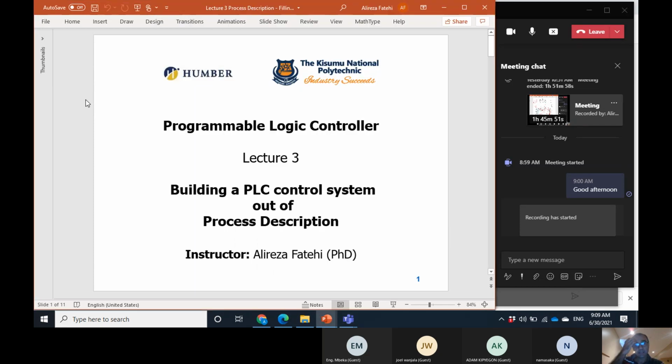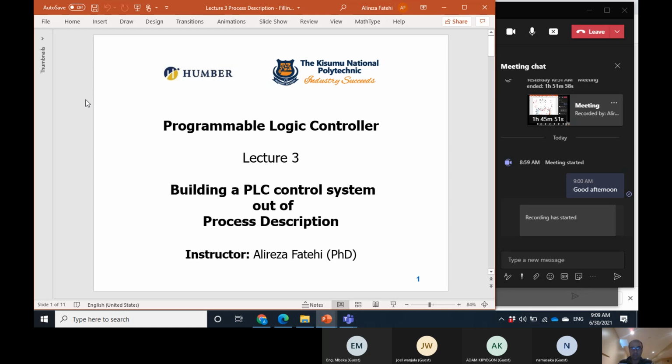Okay, so let's have a very brief look at lecture 3 and finalize the last part of that regarding the program, work on that, and then start lecture 4. In this lecture, we studied what the process description is, and we worked on the relation between the process description and the PLC program. We studied that, to build the PLC control system, something that most probably is available is the process description, not the